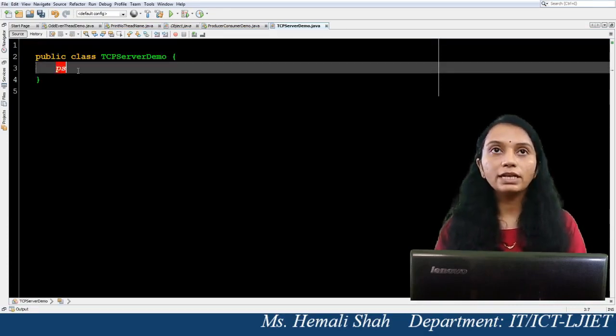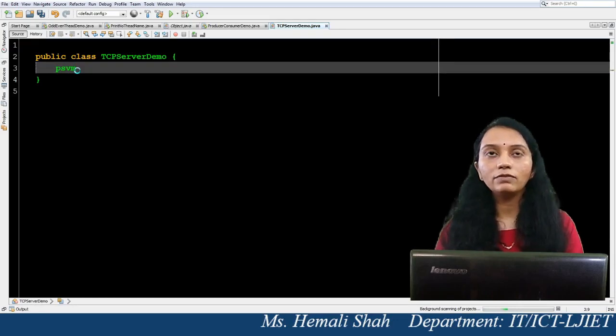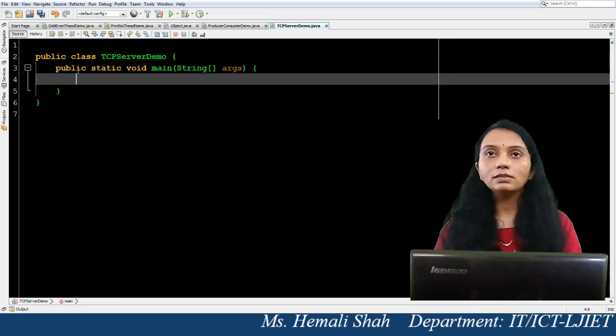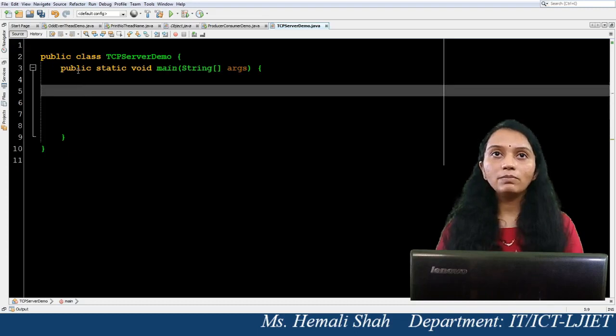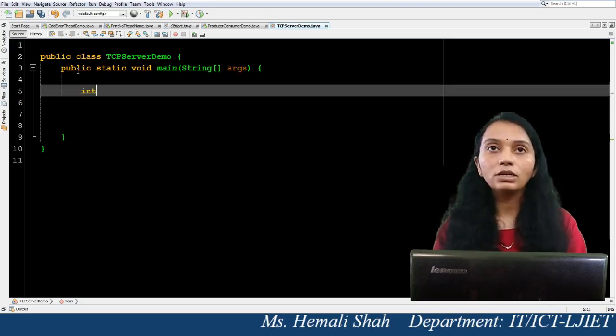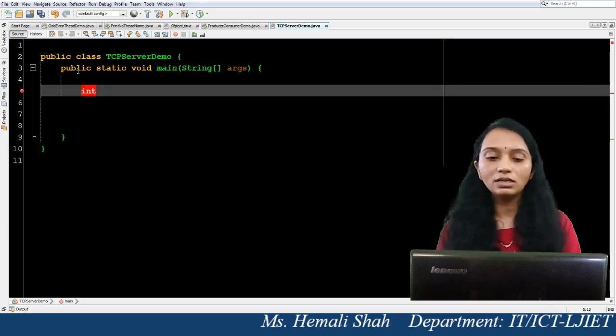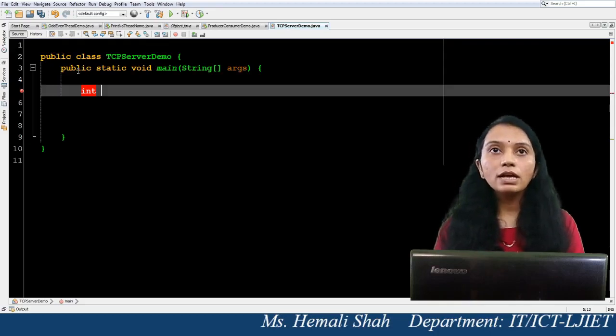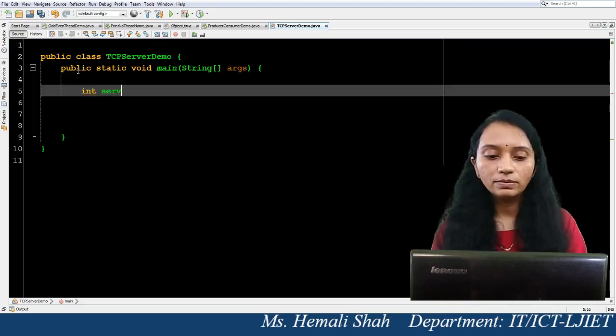What are the steps to create the server program? First of all, create the PSVM, the public static void main function. Now inside this public static void main, step number 1, you have to decide the port number on which you want to execute this particular program. So here I am deciding my server port as 1026.